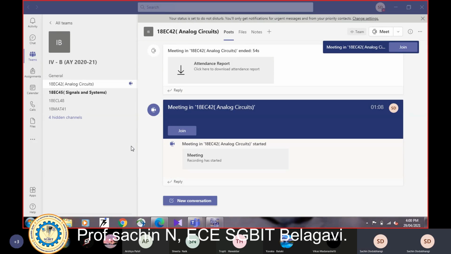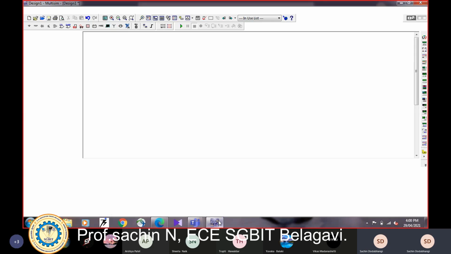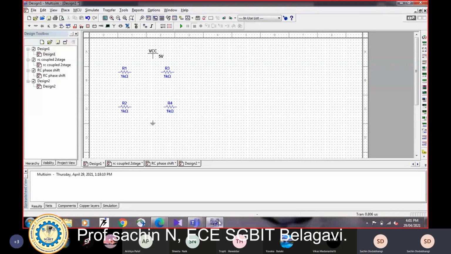Yes, sir. Okay, now I'm going to open the Multisim tool. It is already opened here. I think it is visible on your mobile, but if not, you can zoom it.